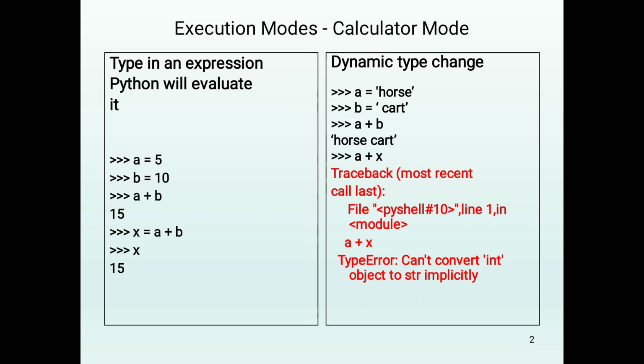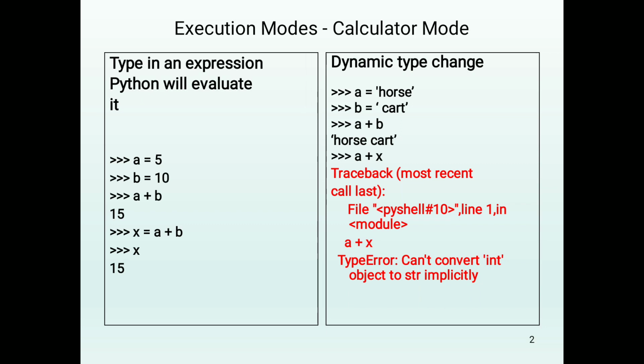You can observe here, in the command prompt, I have given that A is equal to 5 and B is equal to 10. Then afterwards, I am giving the instruction A plus B, so that you will get the answer as 15. The next statement, we are giving that x is equal to a plus b, and afterwards we are giving x, so that also we get the same answer 15. Which shows that the command prompt performs the operations as expressions, as well as evaluating the answer and assigning it into some other variable.